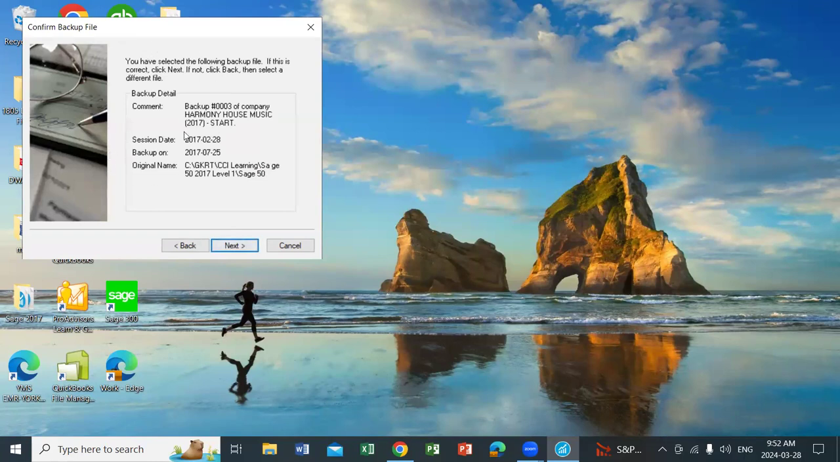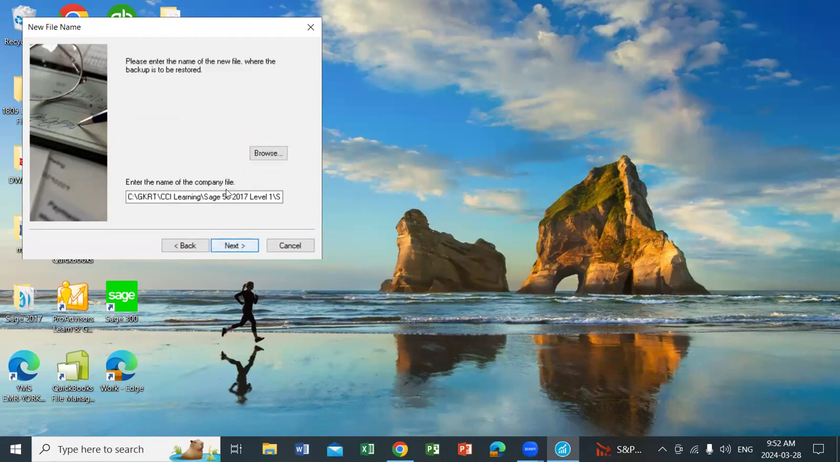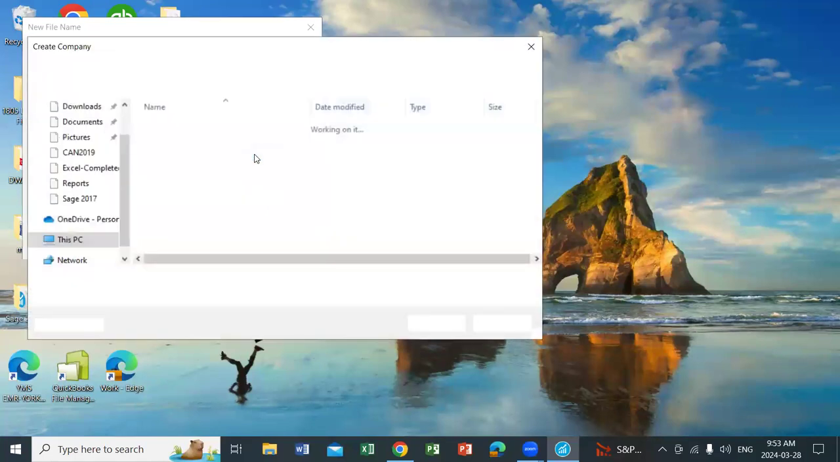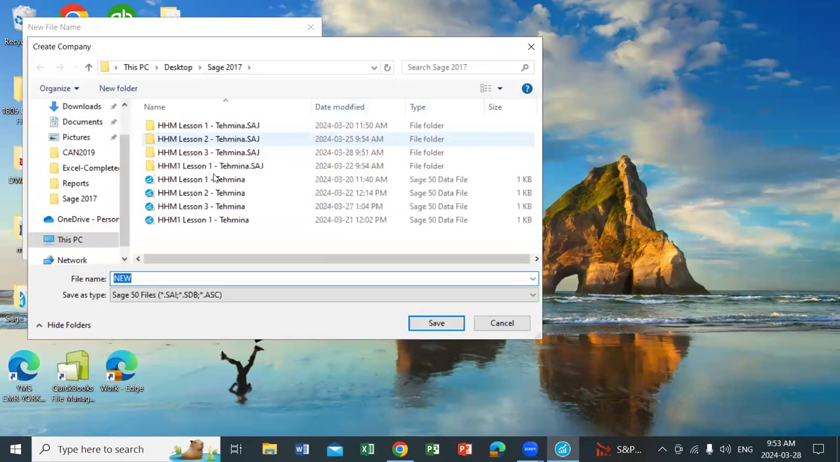This one is giving me the information about my backup file. Confirm that this is the right file. Next, here I need to select the place where I want to save my file. So I'm going to go browse, and I will save my file in the same folder where I have saved my other files. So this time it's